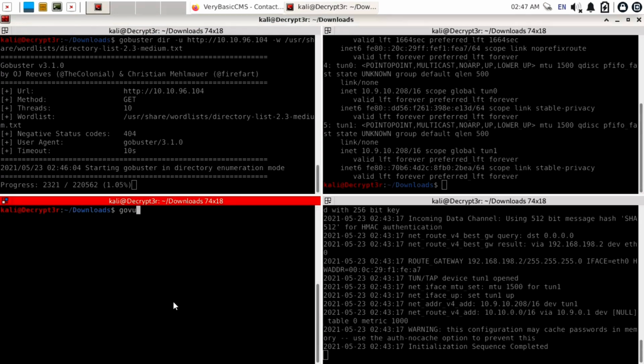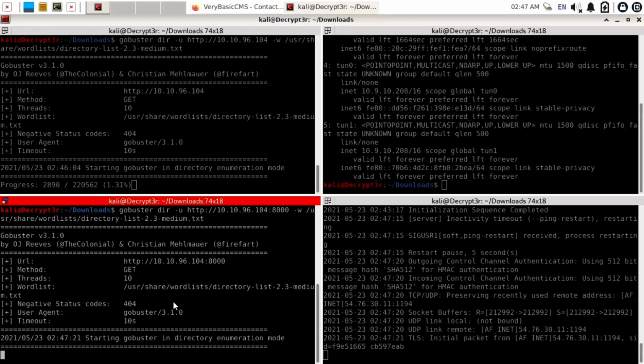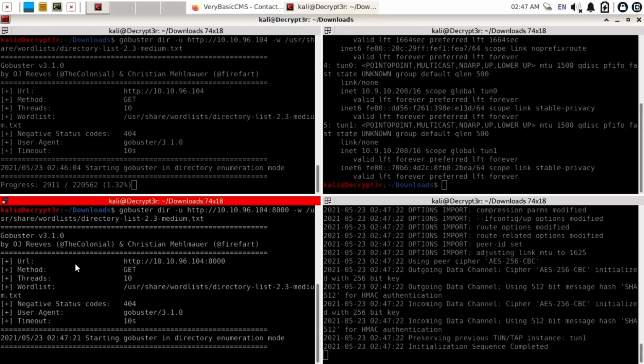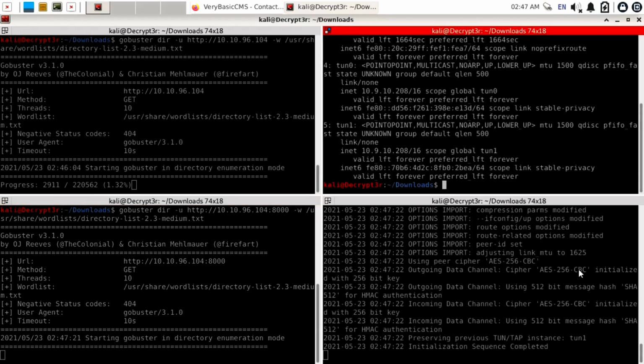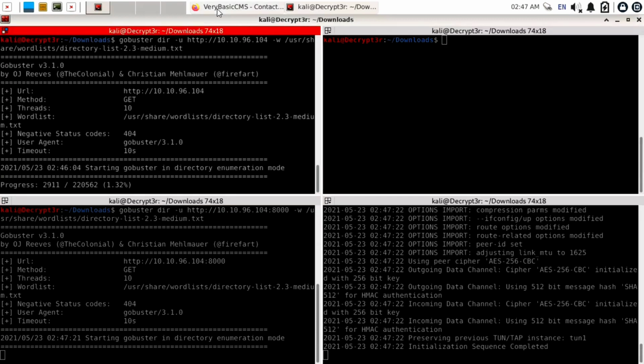So I will use the command here, gobuster dir to scan directories, and paste the IP address, then -w for the word list, and specify the word list location. It is in the wordlists folder. There is our directory-list-2.3-medium.txt. Okay, so it is scanning our target site.